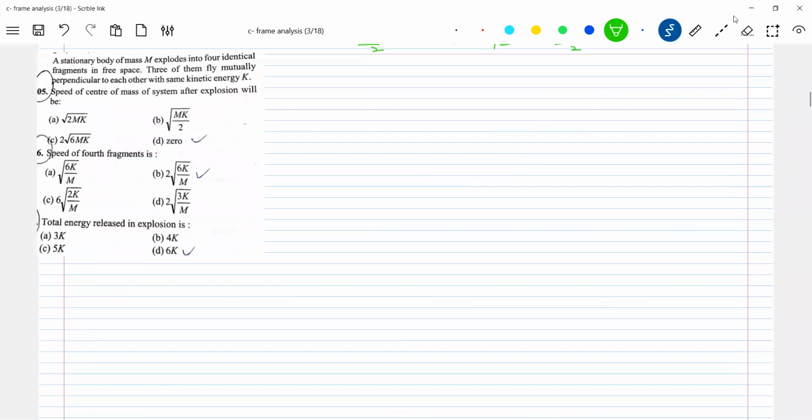Come for this now. A stationary body of mass m explodes into 4 identical fragments in free space. 3 are